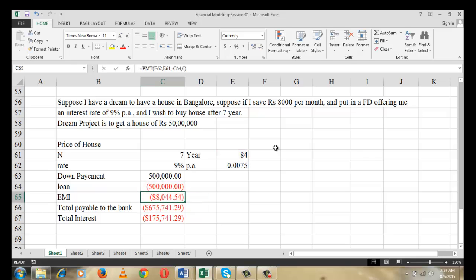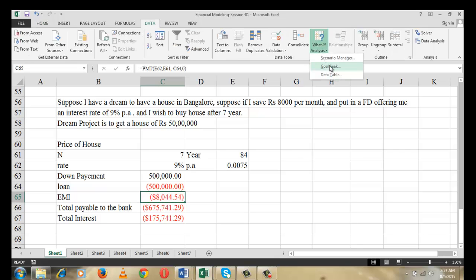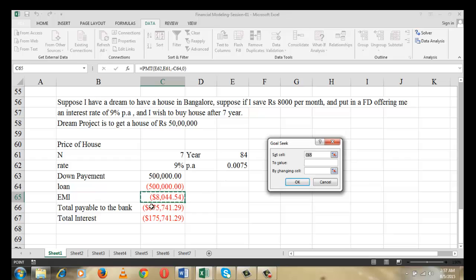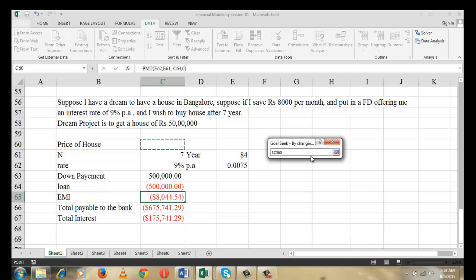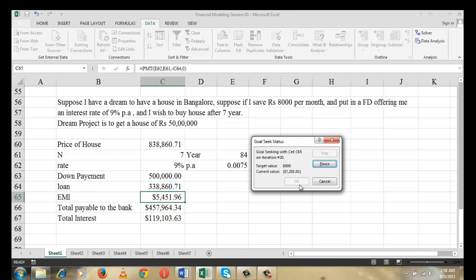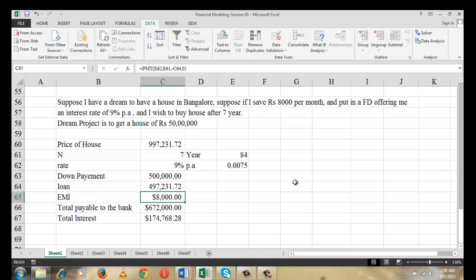Then you can go to Data, under Data, What-If Analysis, Goal Seek. Set cell: this cell. To value: 8,000. By changing cell: the price of the house. Press OK. If you press OK, then you can see this EMI, you are ready to pay 8,000 rupees EMI, and you are paying this for